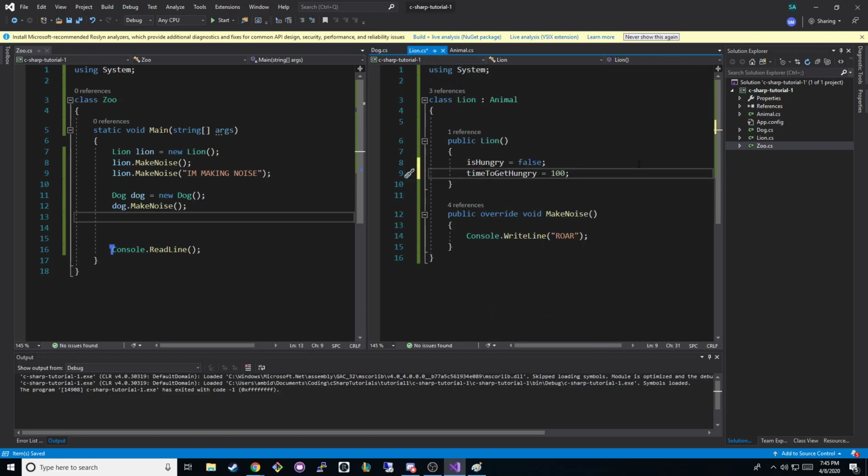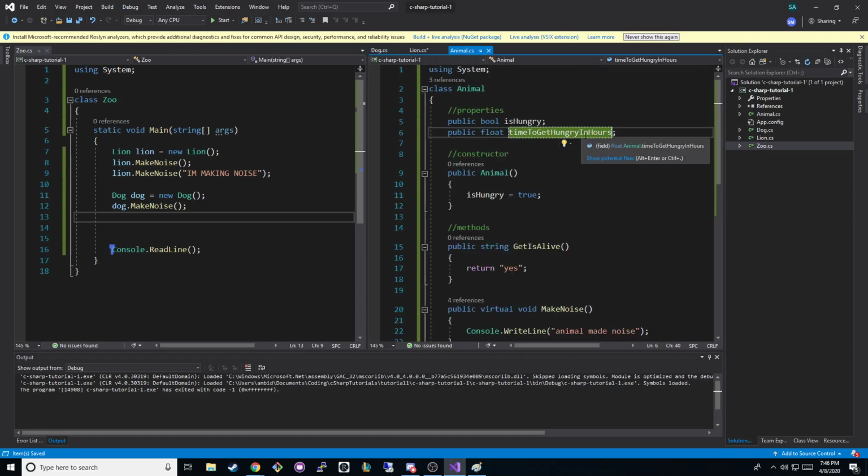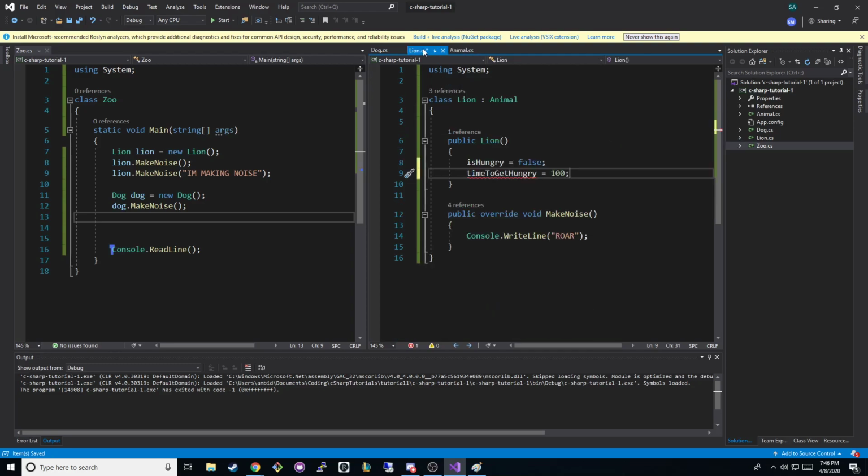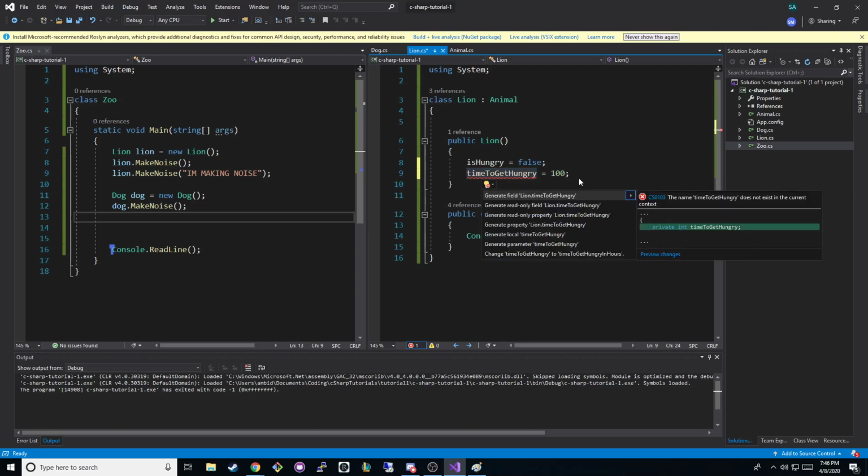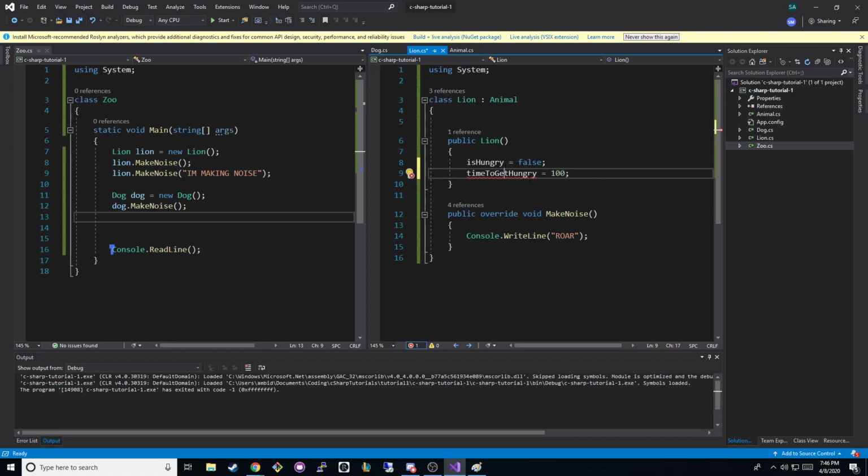Okay, so now you'll see, since I changed time to get hungry to time to get hungry in hours, this guy says, "Oh, we don't know what that's in reference to." So let's hover over this guy, and it says the name does not exist in the current context. Well, yeah, that's right, it doesn't exist. Let's see what our potential fixes are. We can either generate that field in our class, or a bunch of other things, right? So we can either make that field, or, if we're smart, we can just fill it in, right? So let's say,